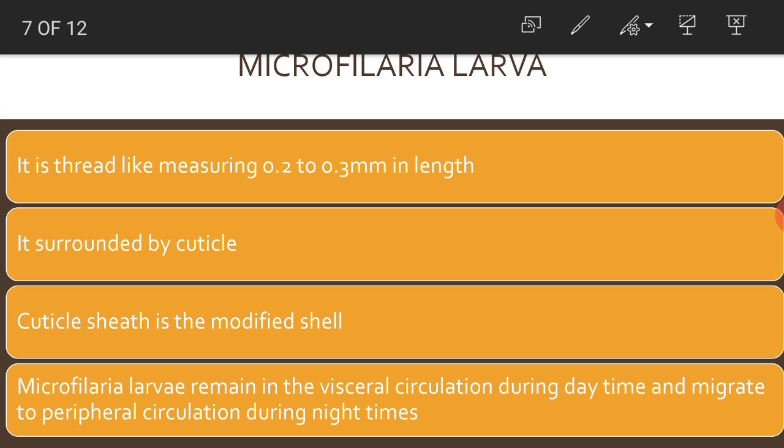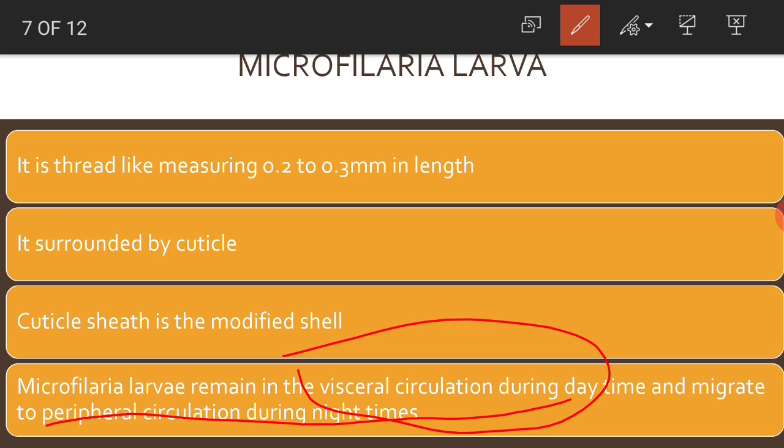Microfilaria larvae remain in the visceral circulation during the daytime, and they come to the peripheral circulation during night time. That means it exhibits some sort of migration. During daytime, it is lurking in the internal circulation of the human being. During night time, it comes to the peripheral circulation so that it will have access to the next host, namely the female Culex